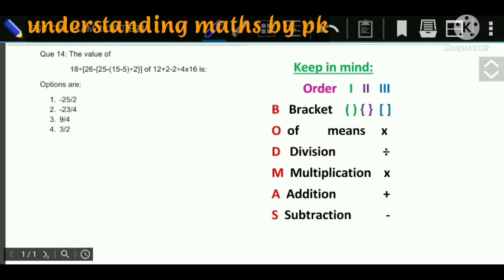To solve this question, we should know the concept of BODMAS, because this question is totally based on BODMAS and they have utilized all the given things. So keep in mind, B for bracket, O for of means into multiply, D for division, M for multiplication, A for addition, S for subtraction. At the same time, order of removal of bracket is, first we have to remove the circular bracket, then braces,